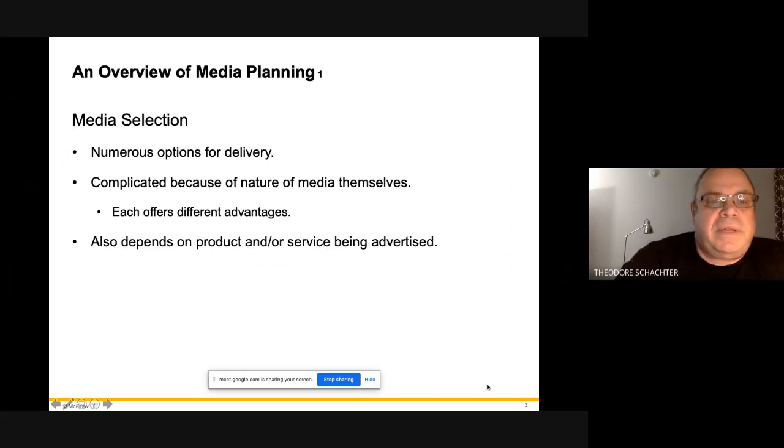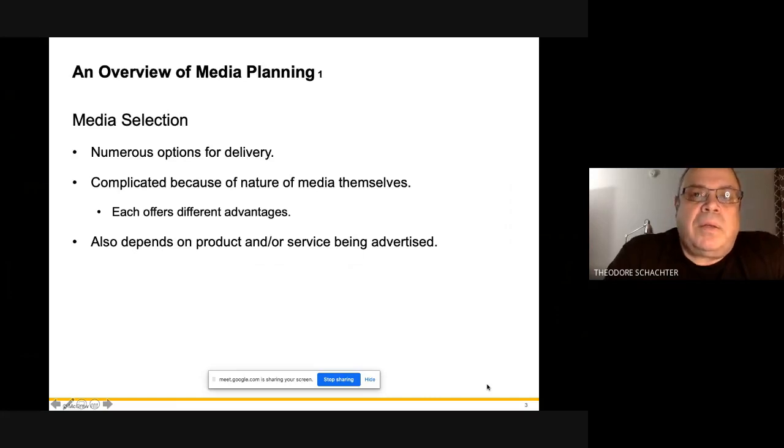So one of the things you have to understand about media is that media is always going to be a compromise. In other words, no brand has enough money to do everything you could possibly do. So media planning has always been a game of getting the most out of the budget. Do you want to reach fewer people more often, or do you want to reach more people less often? That's basically the core of media.